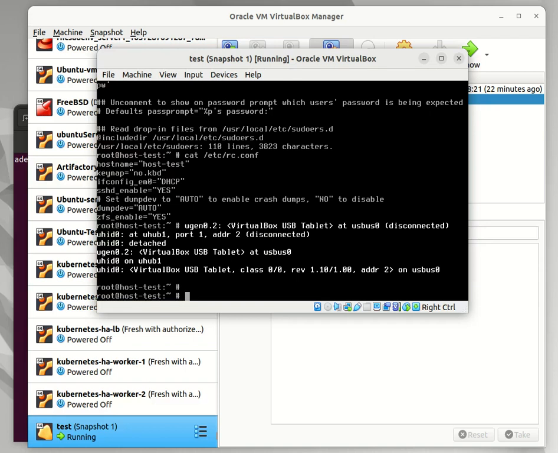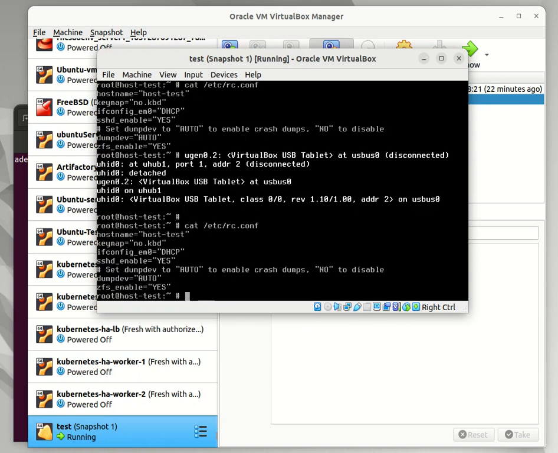Now I'm going to show you how you can change the IP in FreeBSD and change the method of getting the IP from DHCP to static. And I'm going to show you how you can make the settings persistent so that these settings come up every time you reboot the system. So now at the moment, if you check the rc.conf file, you can see it is DHCP, the method through which it gets the IP,